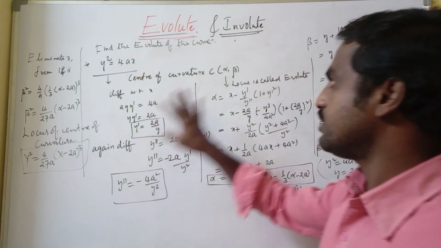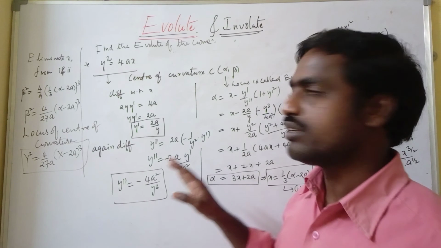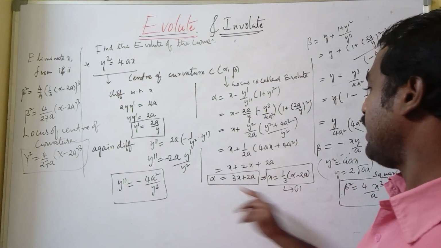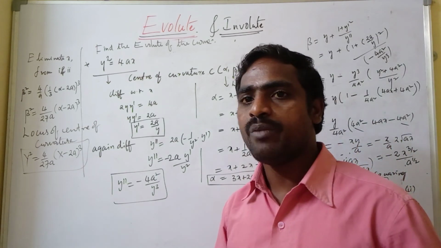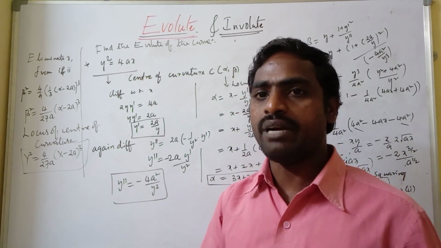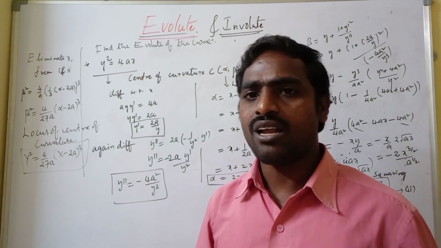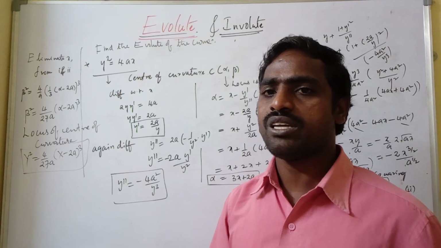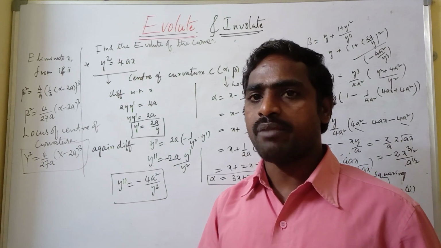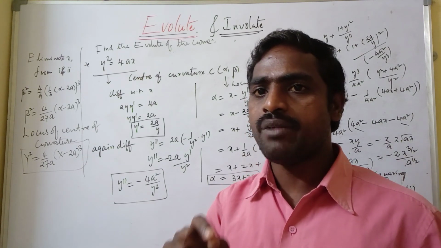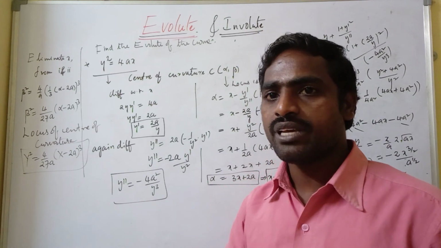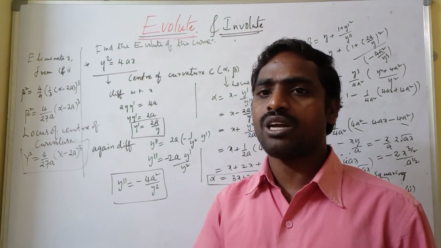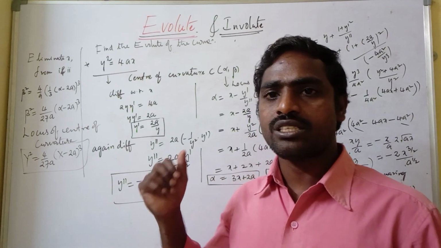So see here, this is the procedure. First, you require the given curve equation. Next, determine the center, alpha and beta. For that alpha and beta, eliminate the parameter, either x or y. If the equation is in terms of x, you should eliminate x; if in terms of y, eliminate y. Here x is the parameter, so we eliminate x. Then after you get some equation, you should write the locus. That locus is called the evolute of the given curve. Y square equal to 4ax is the given problem.